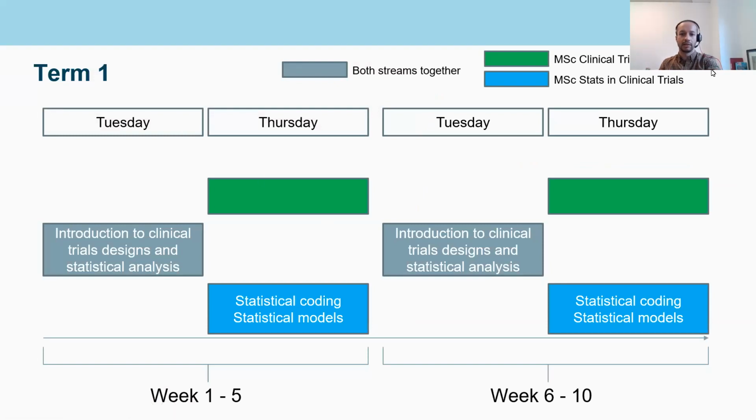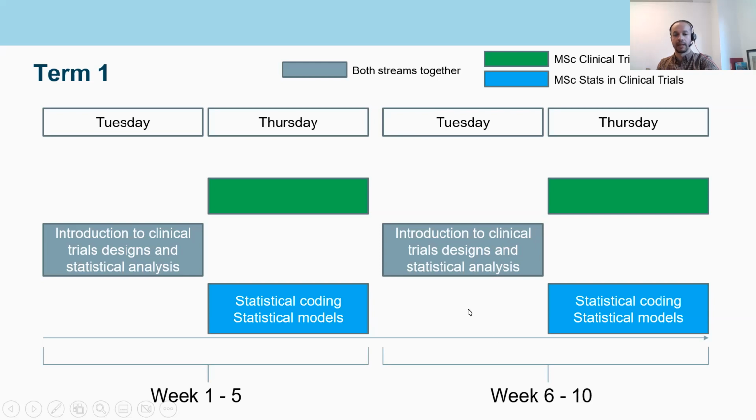This is how the master's is organized. In term 1, you will take the Introduction to Clinical Trials Design and Statistical Analysis module. This is a module that runs for the first 10 weeks, from week 1 to 5 to week 6